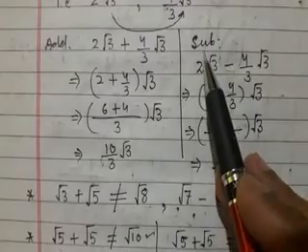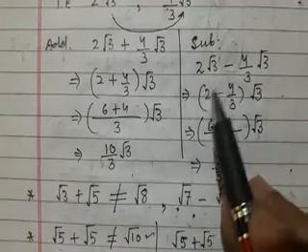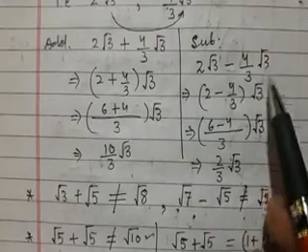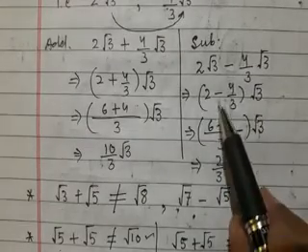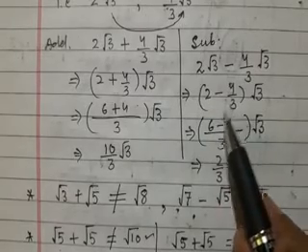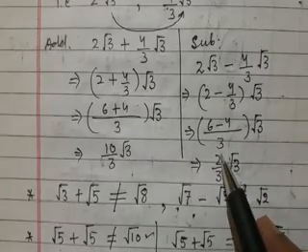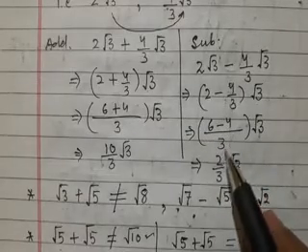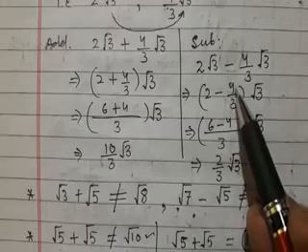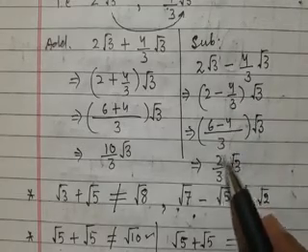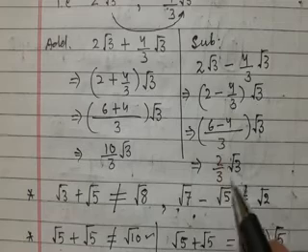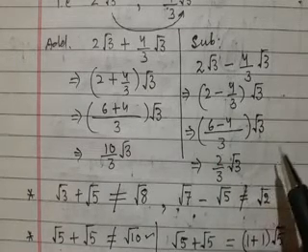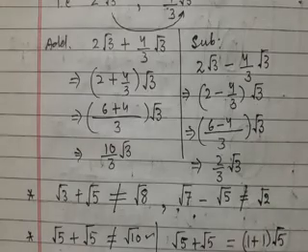Now how we subtract? You can see from here 2 root 3 minus 4 upon 3 root 3. Again we take out the root 3 common, and then here we take LCM. When LCM is coming 3, then 3 2s are 6 minus, now you divide the 3 by 3, you are getting 1. So 1 4s are 4. So 6 minus 4 is equal to 2 upon 3 root 3. So in this way we can subtract only like irrational number.